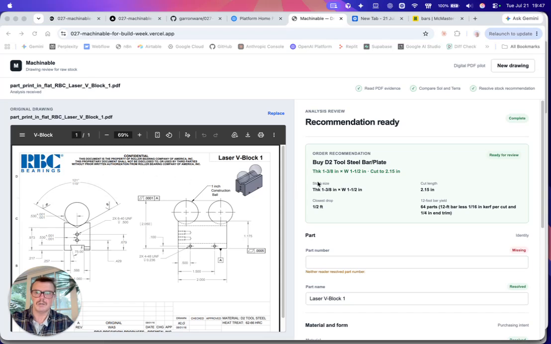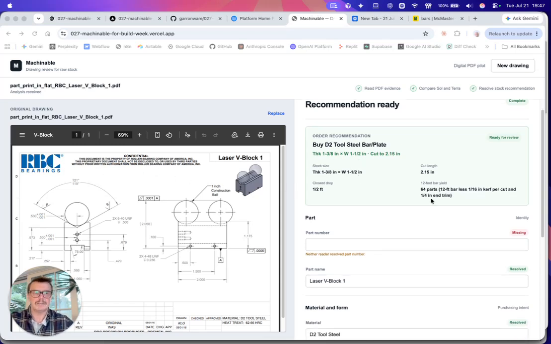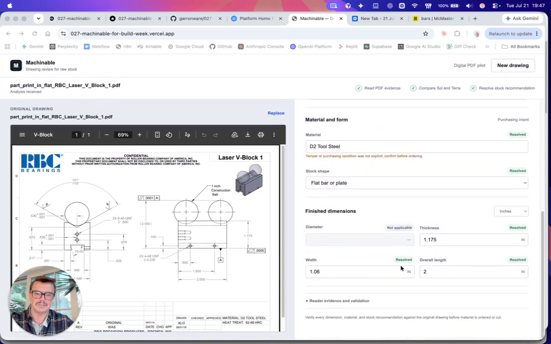But here we go. So now this is kicked back. I think what I'll start out with here is it tells us our bounding dimensions. That's the hardest thing to do here, and we get that because I'm using GPT 5.6 Sol and 5.6 Terra to do separate vision reviews of the print, and they're both collecting the same information but independently, and then they're cross-checking them against each other. I find that this is the hardest thing to achieve with part prints because